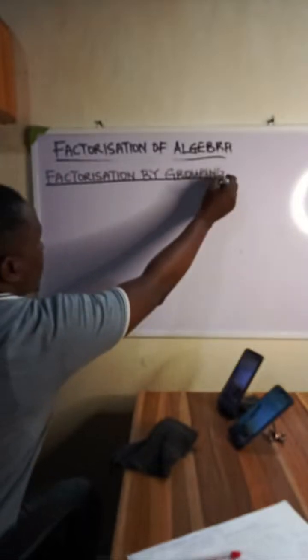Okay, so factorization by grouping. Whenever you have any quadratic expression that contains more than 2 groups, like this example we have here,